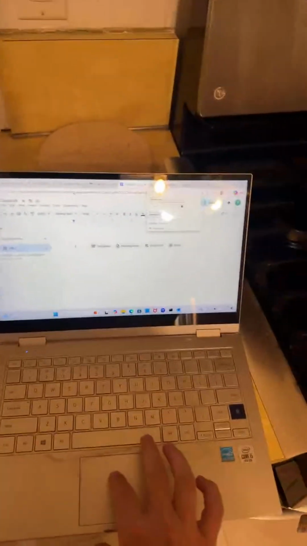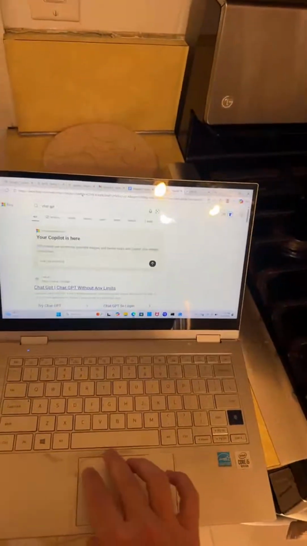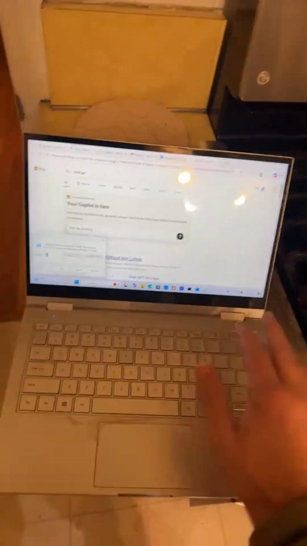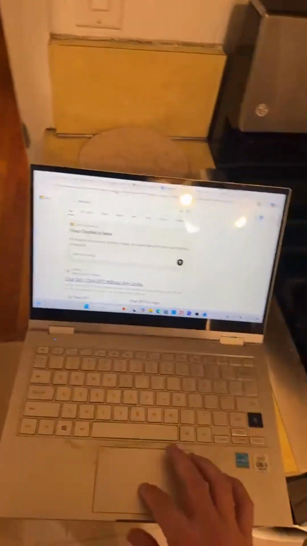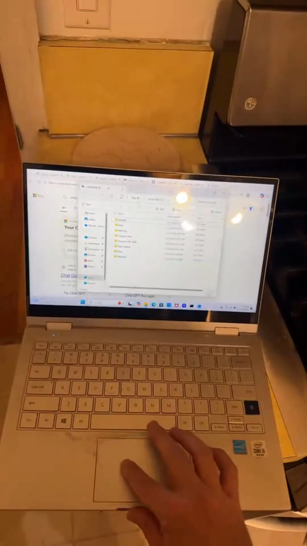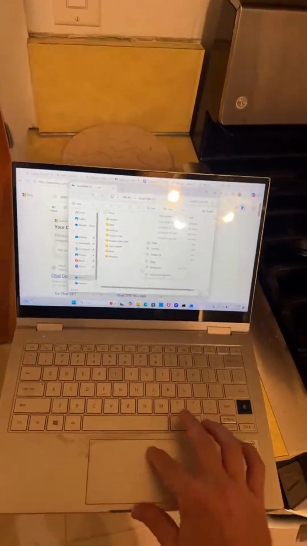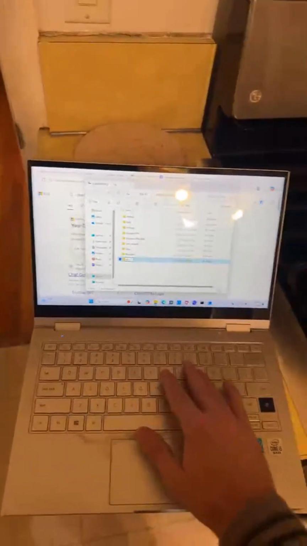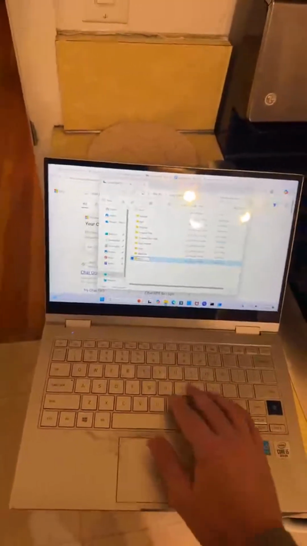Number four, just create your local workbench, which is basically a file system where you're going to have everything. I'm just going to open up the C drive and give it a workbench folder. So everything is separated. You're not mix-matching anything, and you're going to be using that CloudBot to